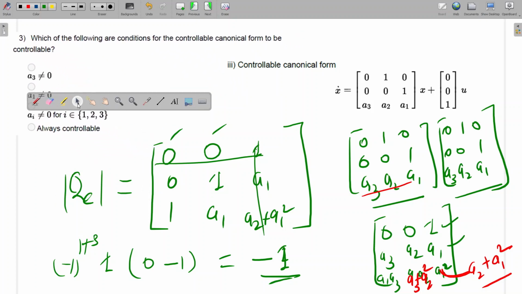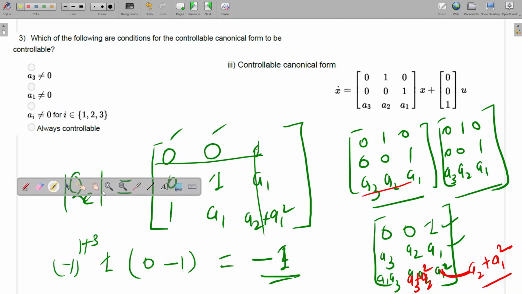Okay. So if the determinant is independent of the variable, which will be the correct answer? Can you reply? Hello? Which will be the correct option? Any guess? Always controllable. Yes, correct. So since it is non-zero value, it does not depend on the variable, so it will be